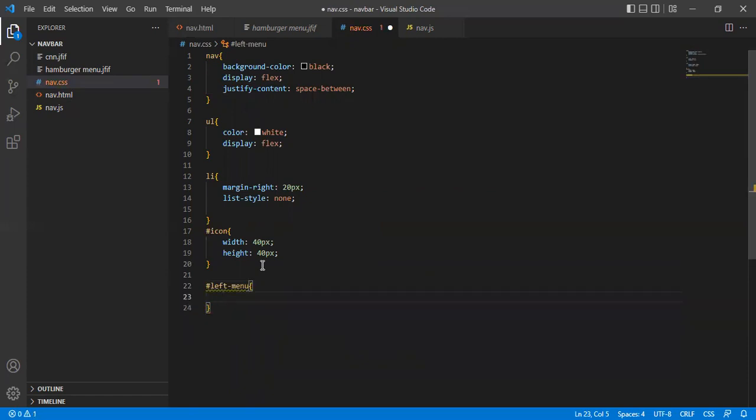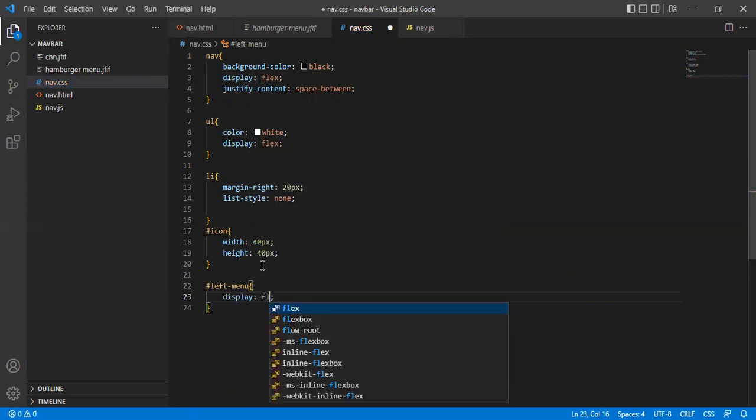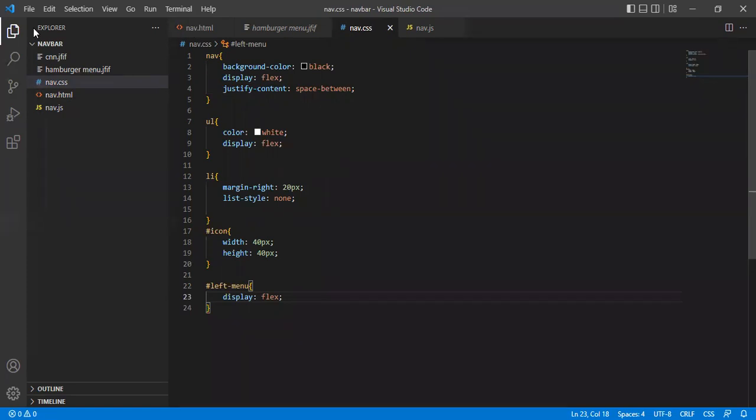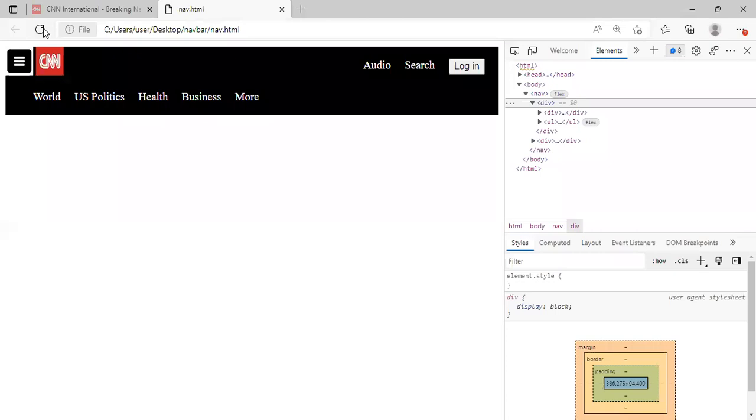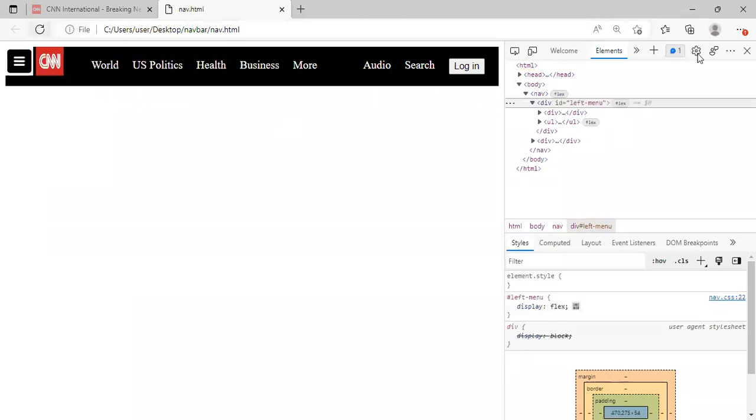We display it as flex. Display flex. See, that's all we need. That's all we need, just to flex it. Let's go back to browser and check it out now. Fantastic. So you can see that